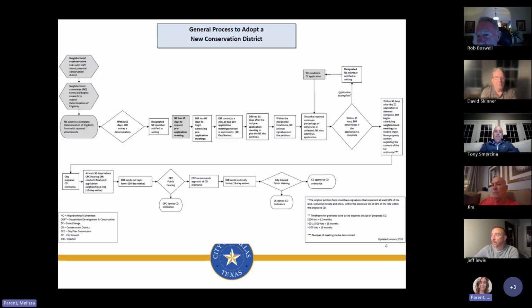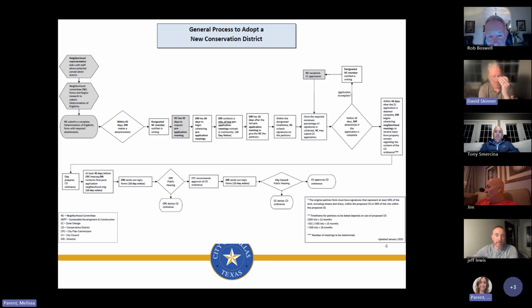Well, no, because the petition process is part of it. It's part of this timeline where we have to have at least 2 pre-application meetings before you can request petitions. And there's a timeline, which is why we're holding on to the determination of eligibility, because once we activate that